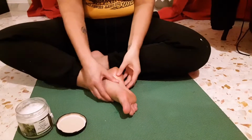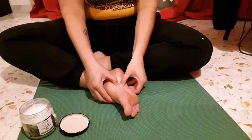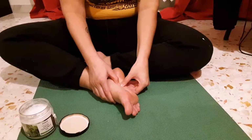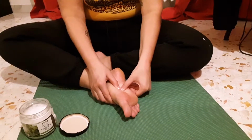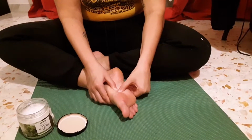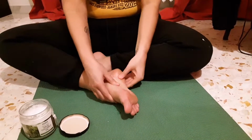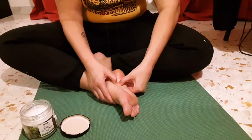You can even come into it and bring your thumbs together and do the same kind of pass, but using your thumbs. This becomes a little more intense, so just mind your pressure and stop in any spot that feels a little more sore. Give it a little extra time, because that way we can work out some of those trigger points and those reflexology points that hang out. And for whatever reason, and actually I'm quite aware of why